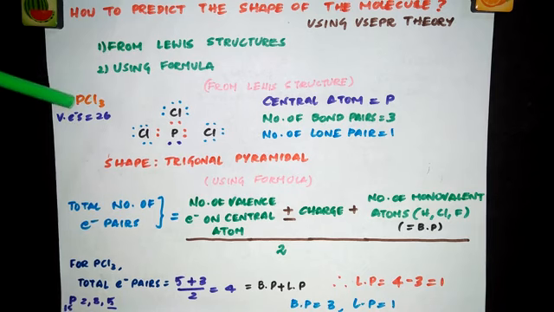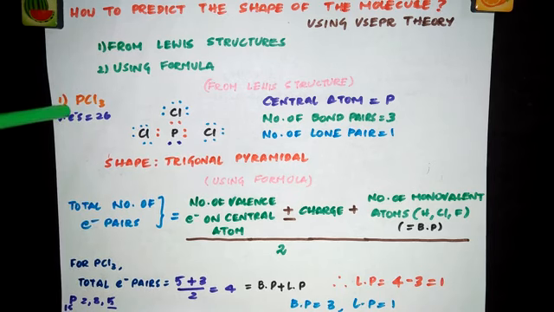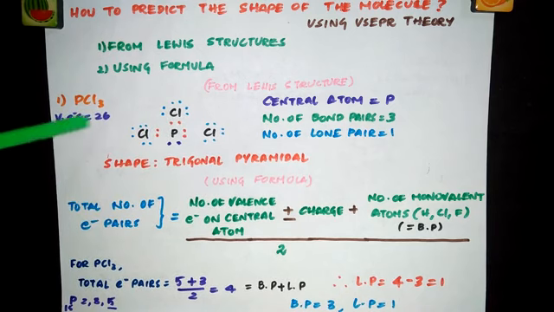So we have phosphorus and you have three chlorines. So what will be the total number of valence electrons? For phosphorus, the atomic number is 15. See, I've written here 15. So the electronic configuration would be 2, 8, 5. So it has 5 valence electrons. So 5 plus 3 into, how many valence electrons are there in chlorine? 7. So 3 into 7 will be 21. 21 plus how many valence electrons in phosphorus? 5. So that gives you 26. So I've written it here, valence electrons 26.